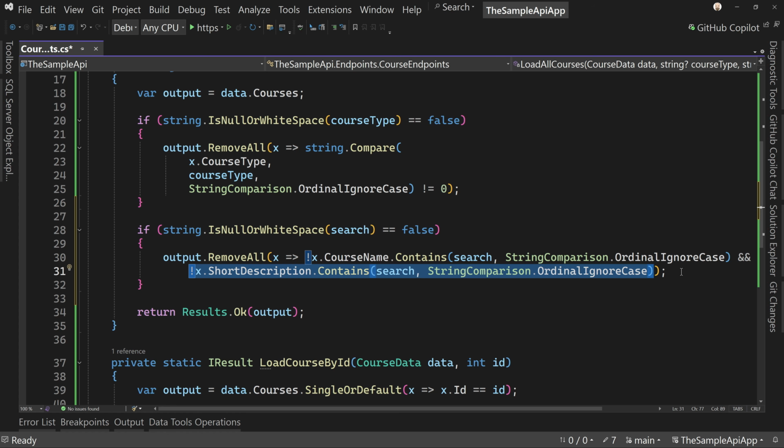So that's why you also use an and. If we were saying add all, well, then we'd say find where it matches in the course name or in the description. But since we're removing, we can't find in either the course name or the description. So if it's not in the course name and it's not in the course